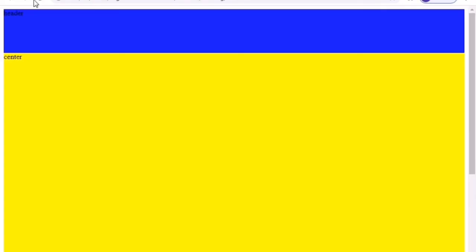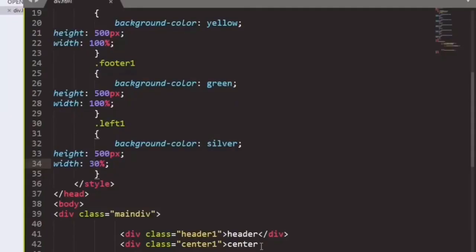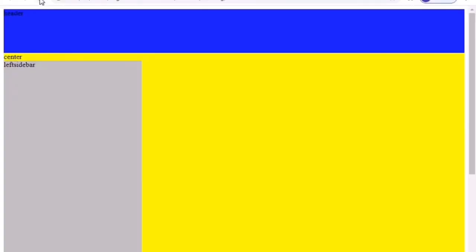So go to the browser, refresh your page, and you can see the sidebar has been created in a silver color. So you can see there the div has been created as a sidebar.